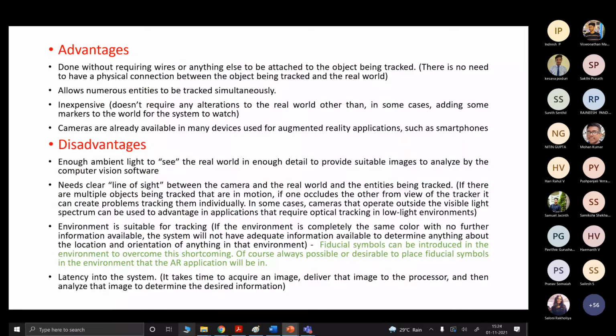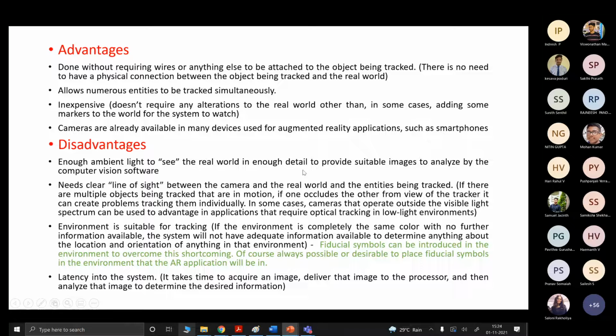The advantage of using this tracking system is that it is able to track the information or the objects present here. The main advantage is that it is done without wires or anything else needing to be attached to the object being tracked.